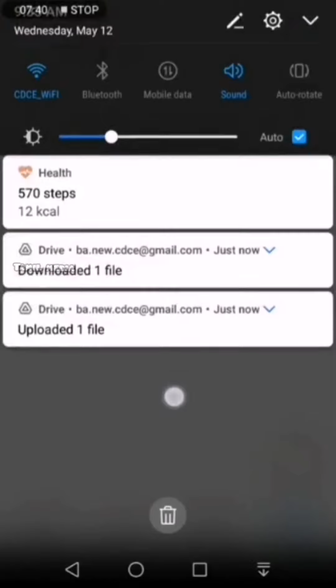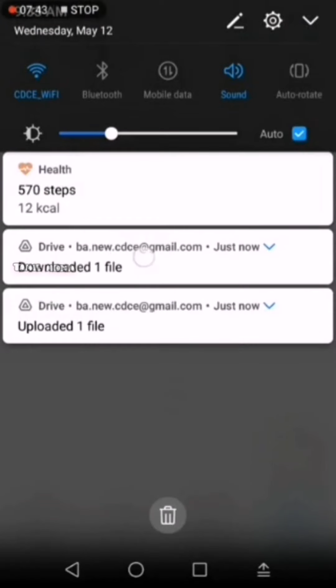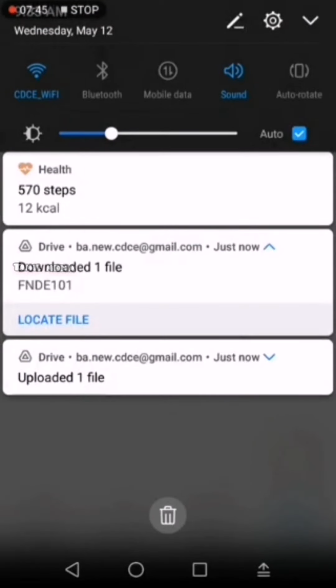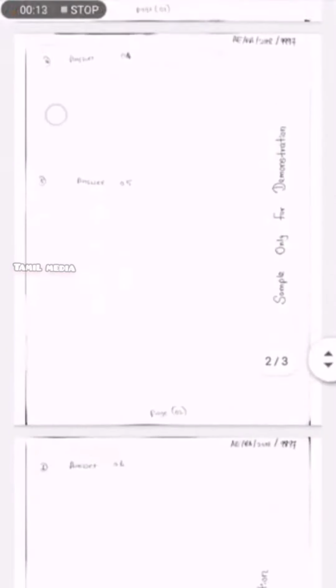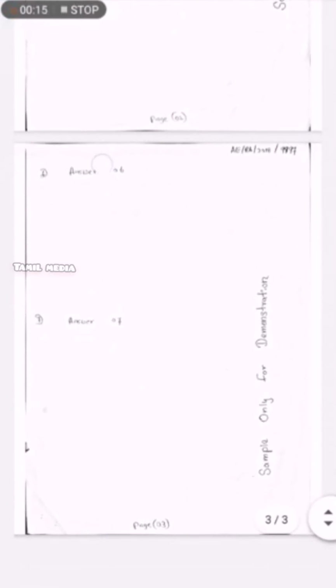Now you can go to the notification or go to your downloads folder. Now this is your downloads folder. You can see your answer paper has been downloaded. You can click on it to view the 3 page answer sheet.